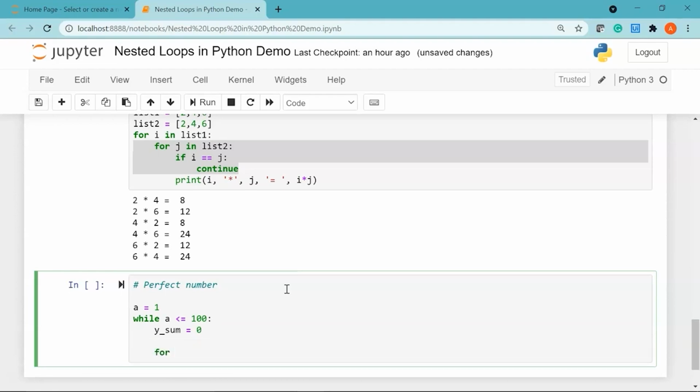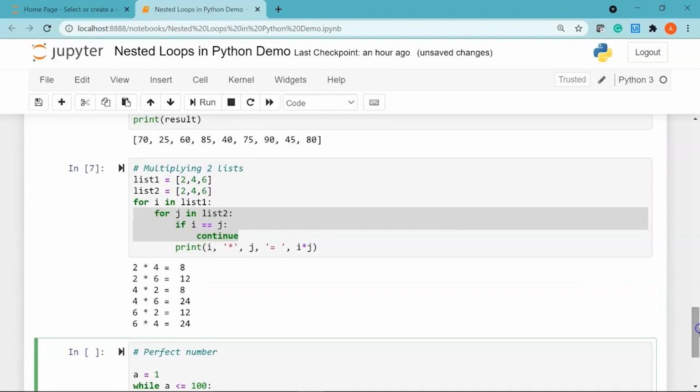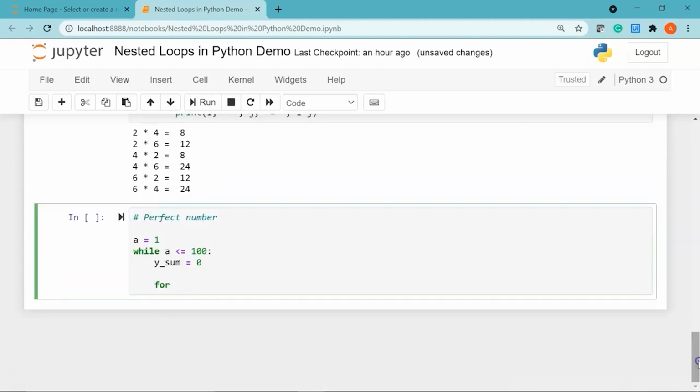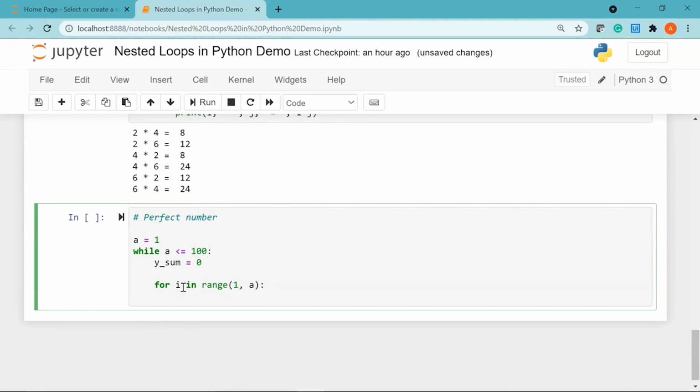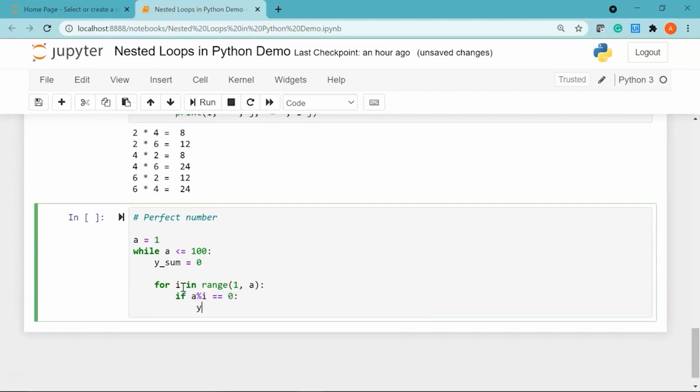After that, I'll pass in my inner loop, which is the for loop. I'll say for i in range 1 comma a. I'll say if a mod i is equal to 0, then we'll say y_sum equal to y_sum plus i.